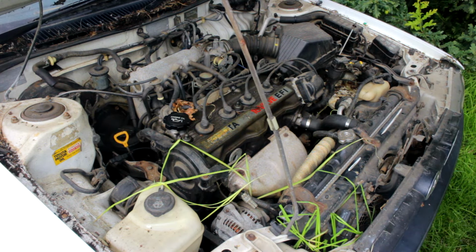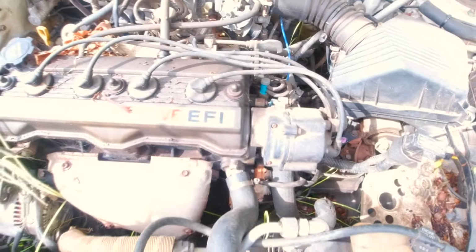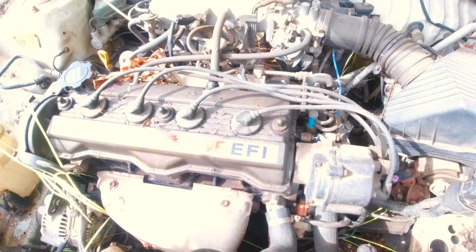Alrighty. So there's a bit of rat stuff, more down there, a few leaves on top, and well, here we are, a little bit of liquid. Now that's because this thing has a blown head gasket, and